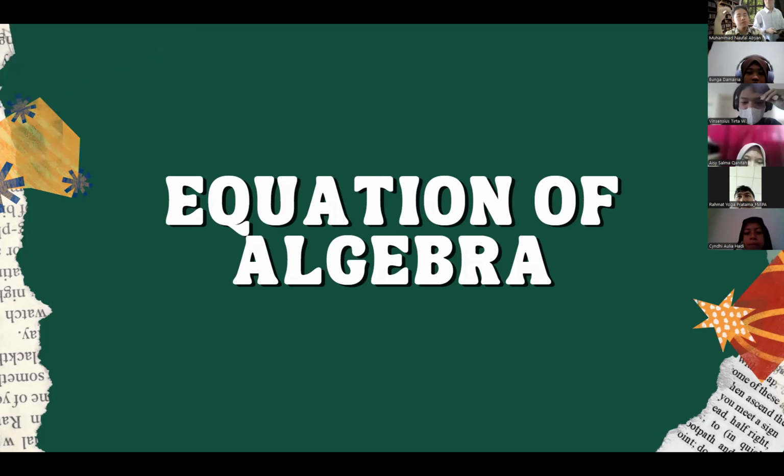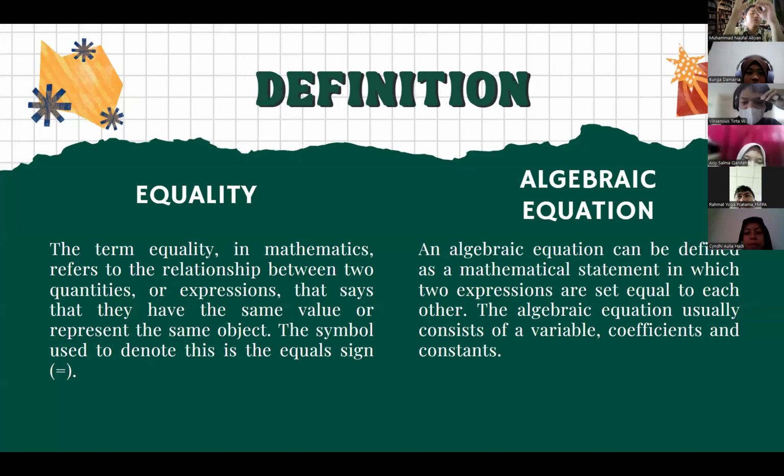So the first one is the definition of equality. The term equality in mathematics refers to the relationship between two expressions that says they have the same value or represent the same object. The symbol